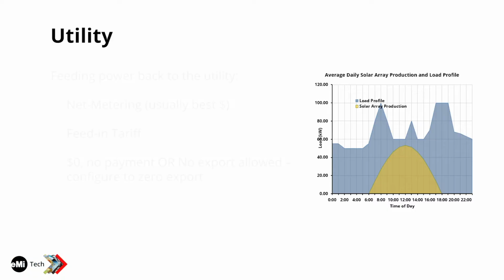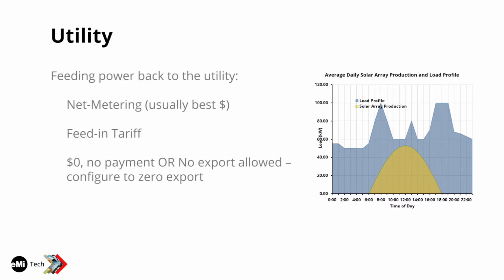In order to do that, when you sit down and talk with the utility, there's a few terms that come into this. One is called net metering. This is actually the best financial case, and you want to ask about this. But be aware that sometimes when you go into the developing world, what they call net metering is not net metering. So ask further questions. Don't just assume. Say, well, how much am I paying for the net metering? And ask some questions like that. Net metering is, by definition, that throughout the day, if you've got solar, at night, it doesn't produce, right?